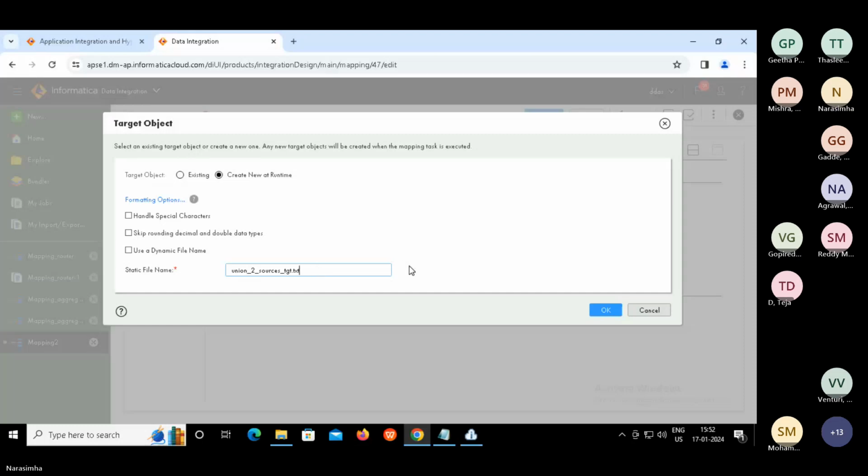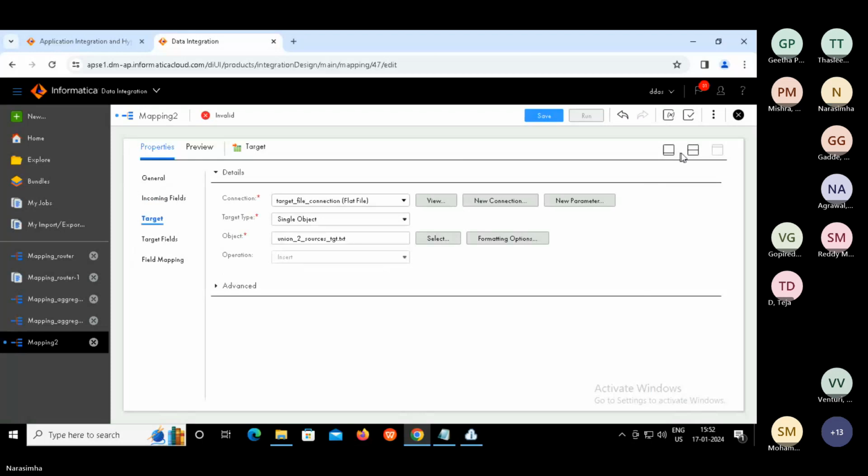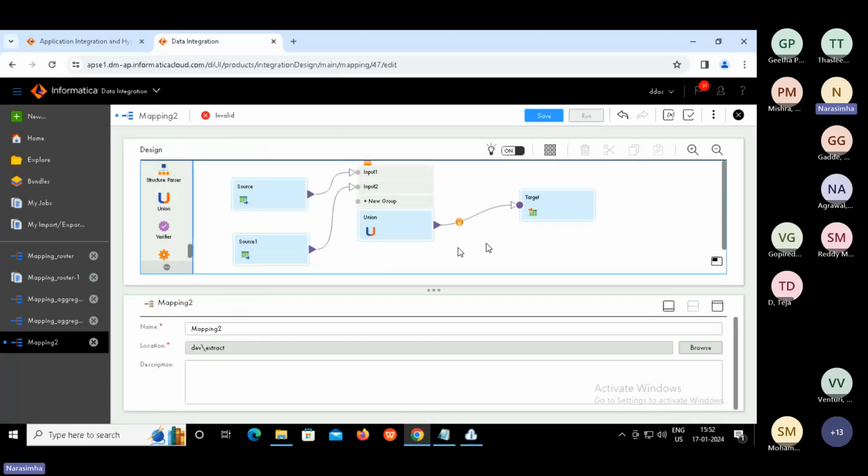Done, right? Say okay. That's it. Restore. Now we can specify the mapping name.